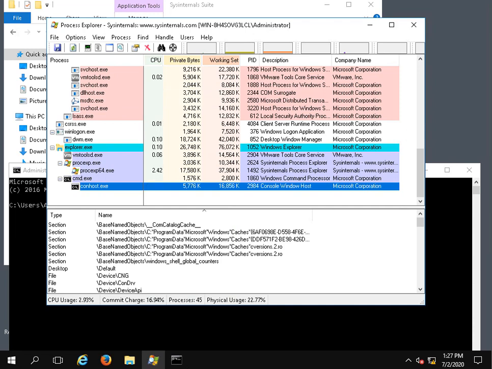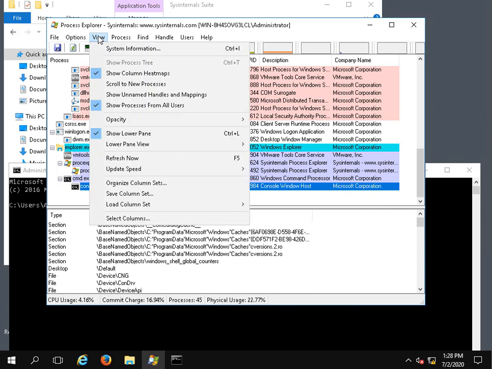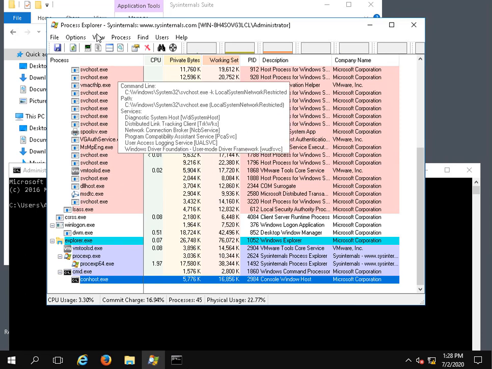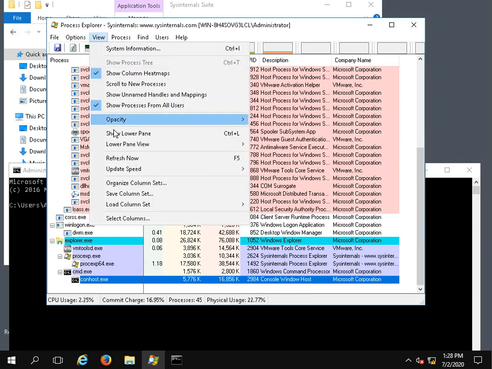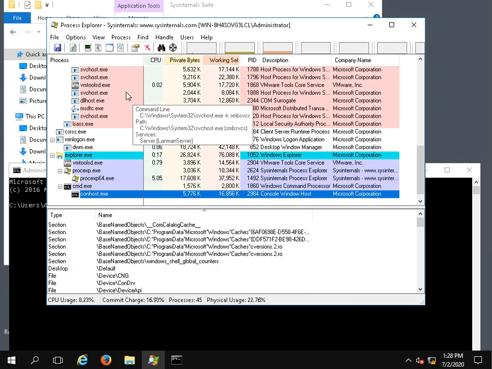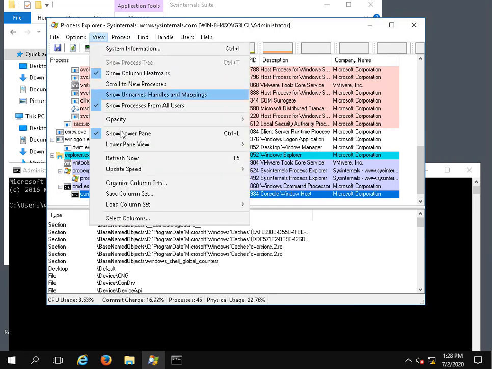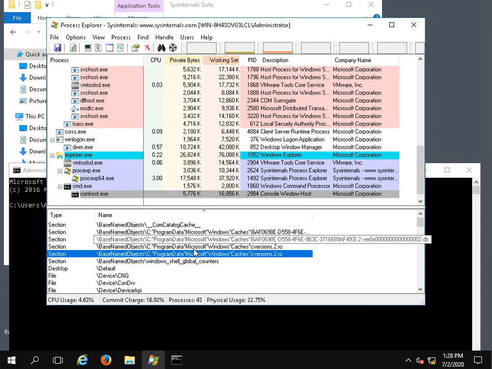And let's go ahead and look at our handles. So we'll go to View. Oh, we are showing, I knew that because I already had it up. Show lower pane. And then we want to make sure we're looking at handles. So let's view, lower pane view should be handles, and it is. So down here now we're seeing the handles